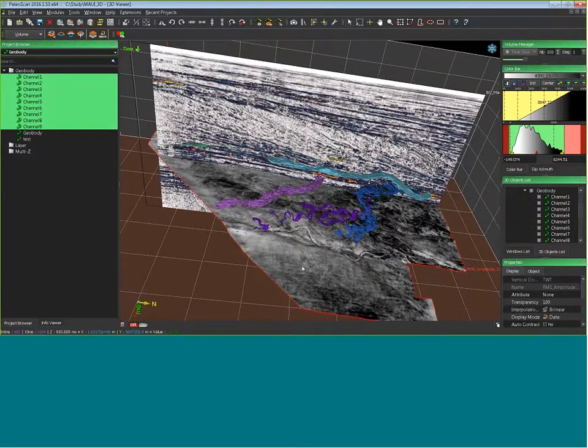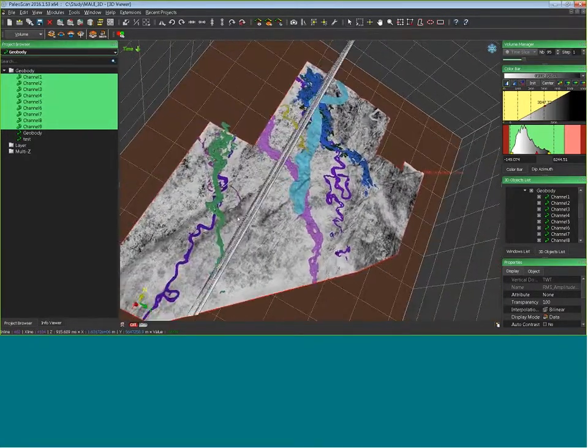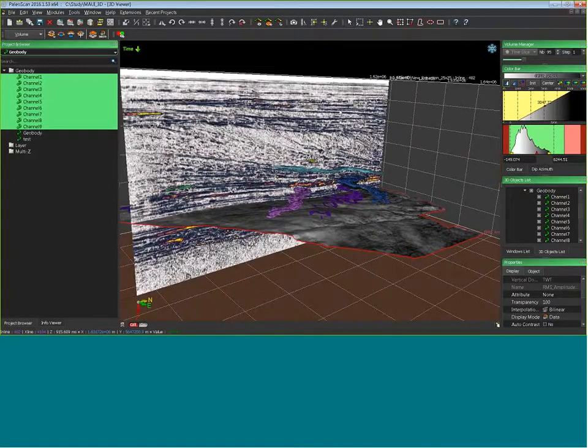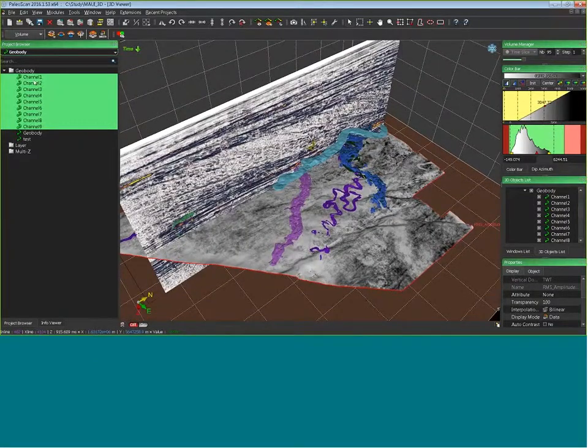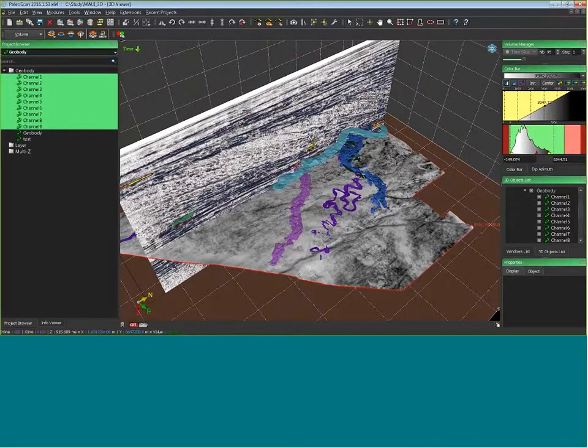And now, on the current release of PaleoScan, if you want to know the volume or the surface of each geobody, you have to do one by one. On the new one, if you right-click, you can just select one or select all. I will select all directly. If you right-click on a geobody, you have access to the context menu of this geobody, and you have one geobody classification.